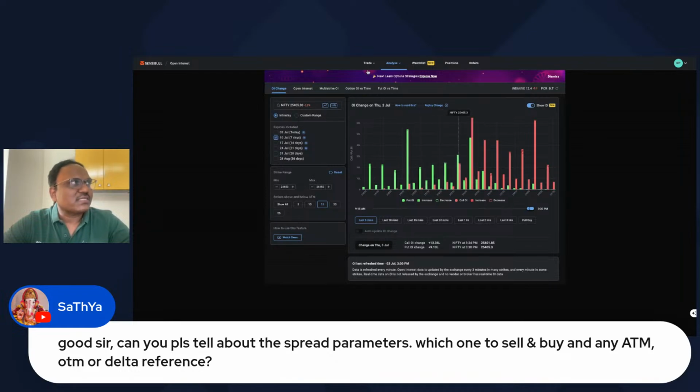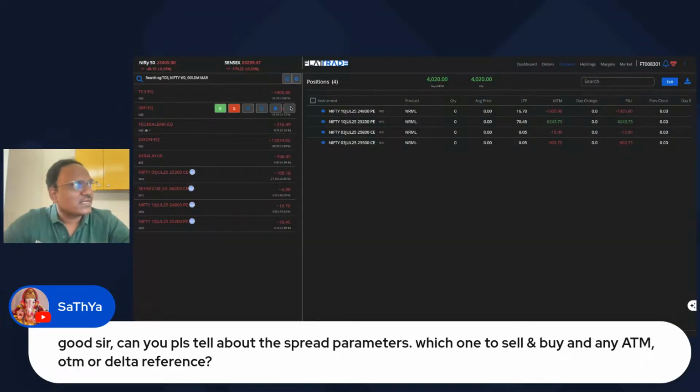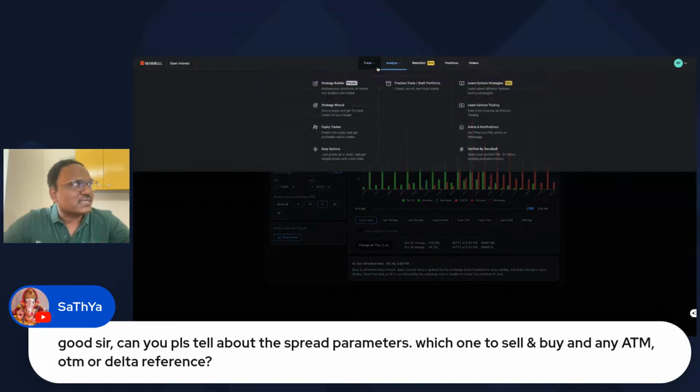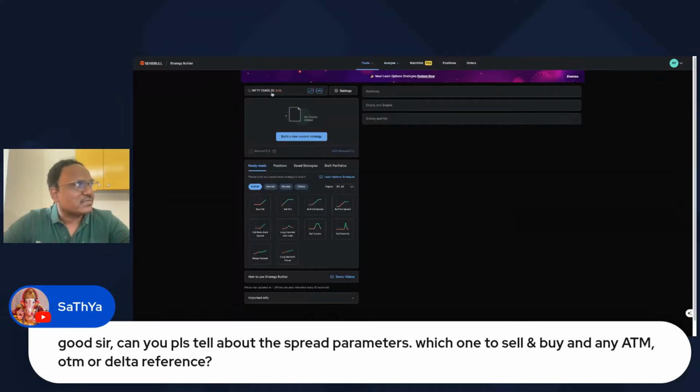Suppose in the morning I took the trade because the Sensex was somewhere here, right? So I thought, okay, 25,200 would be a good support. That's the reason I took 25,200, and then I took a little far ahead thing. But then generally, you can definitely take this one. Suppose if you take this trade, right? So let's do the strategy build up.